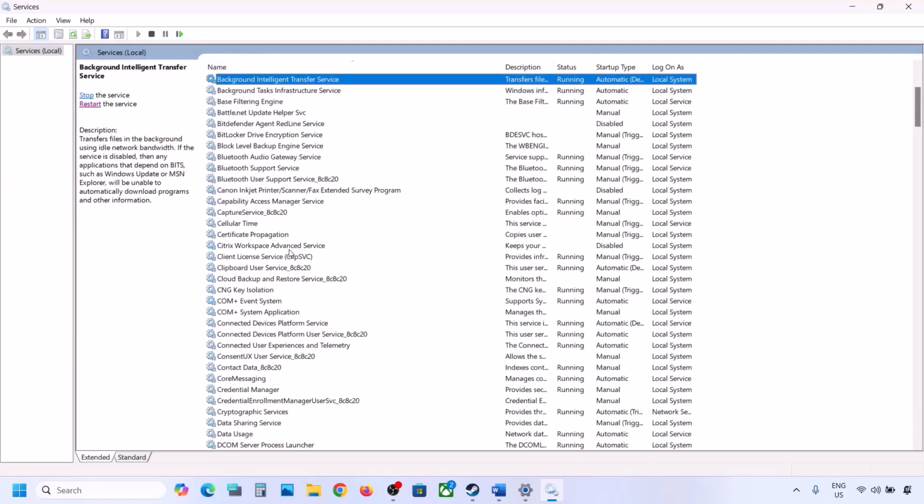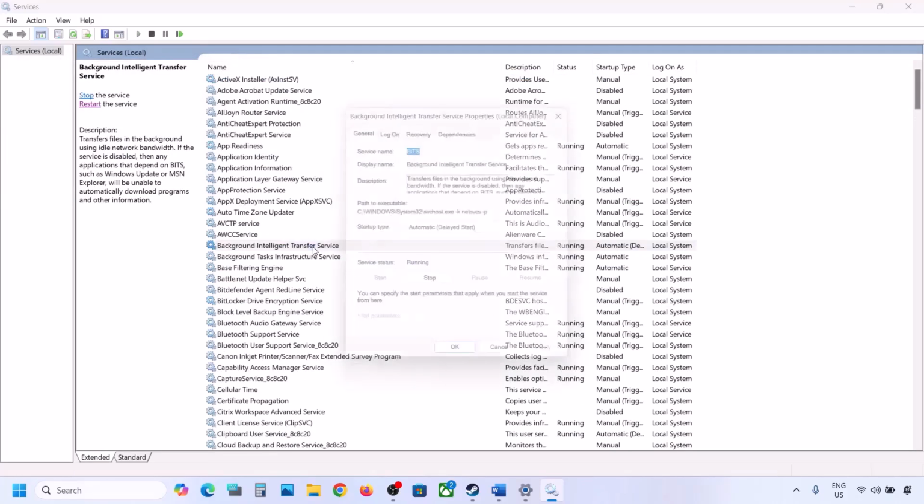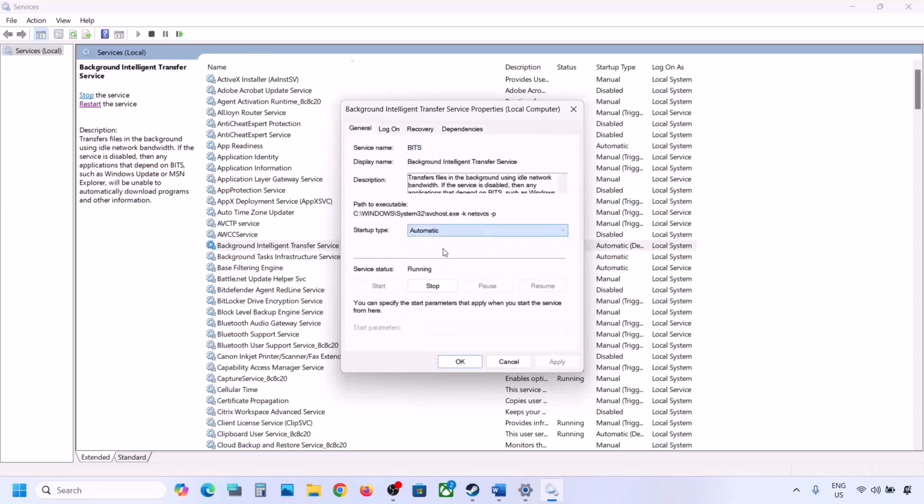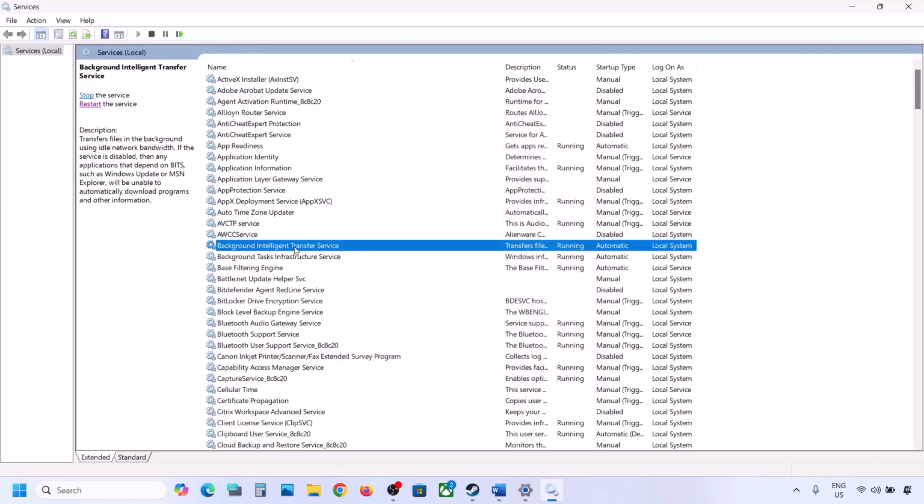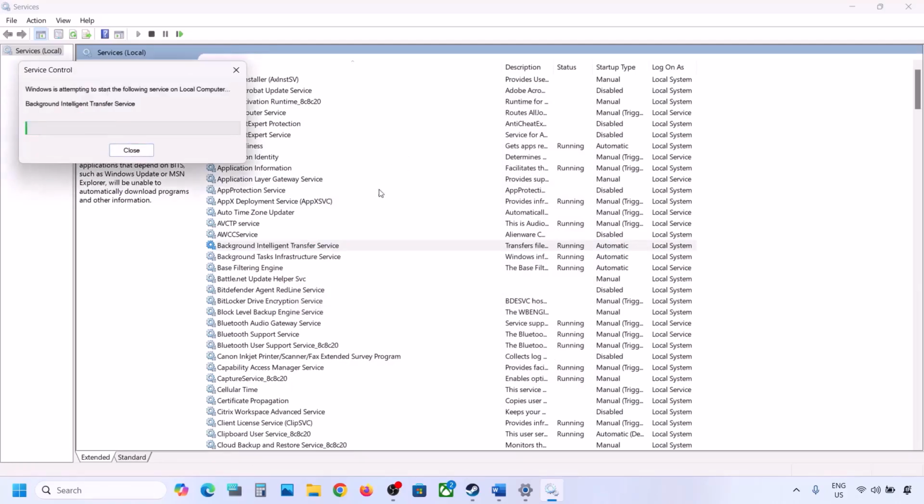Now find background intelligent transfer service, make a double click, set it to automatic, click on apply, click on start if highlighted and then click on OK. Make a right click on it and then click on restart. Now you can update your Windows 11 and then check. Now still not working. The next step is to